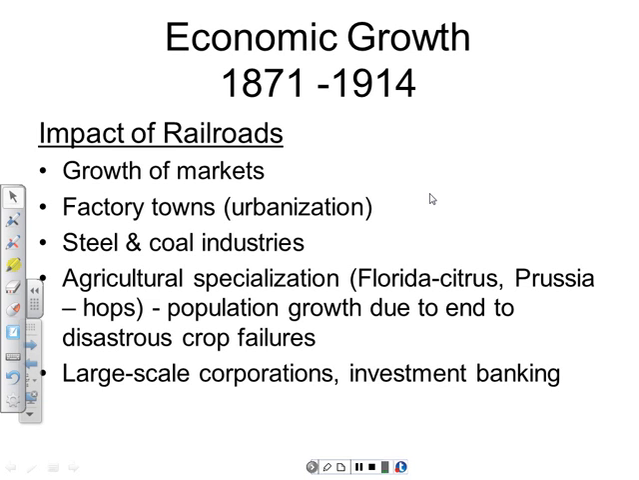But the railroads were very important for expanding markets in this period. Now, another thing about railroads is that they really sparked the growth of factories and urbanization. You see, now that there are more and more people demanding goods, you needed to mass produce goods to meet those demands. And so what would happen is that whenever a new railroad was built, people would locate their factories